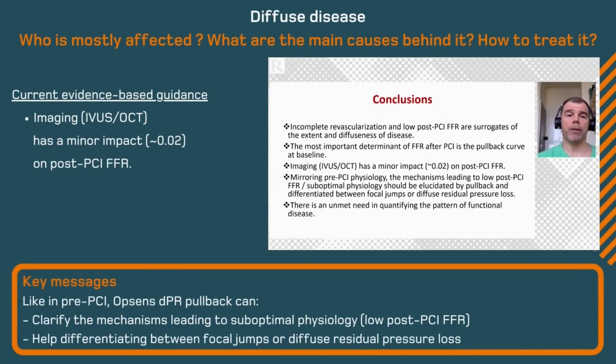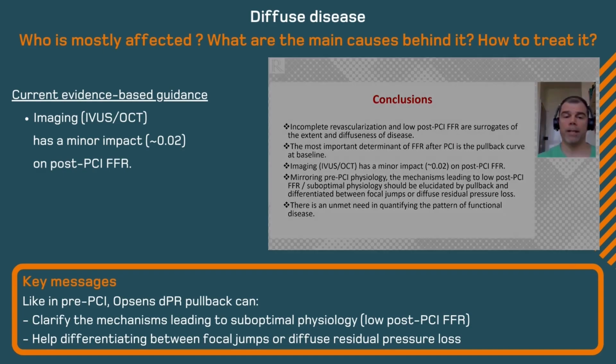We have to realize that incomplete revascularization and low post-PCI physiology are surrogates of the extent and diffuseness of the disease. The most important determinant of FFR or physiology after PCI is the pullback curve at baseline. Imaging, as shown by the DOCTOR study, has a minor impact on post-PCI FFR. Mirroring pre-PCI physiology, the mechanisms leading to suboptimal physiology after PCI should be elucidated by pullback and differentiate between focal jumps or diffuse residual pressure loss. And to conclude this, I'm sure we have to say that there is an unmet need in quantifying the